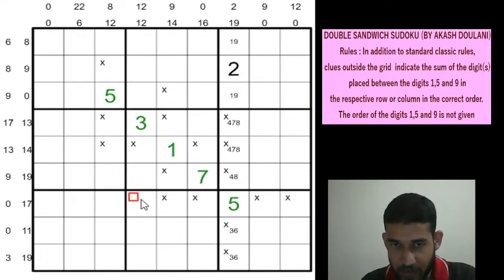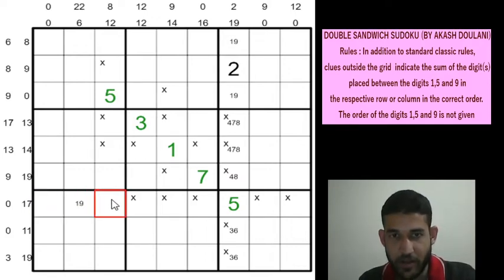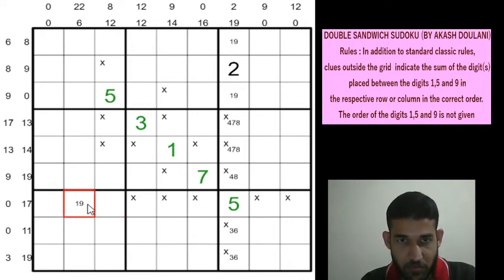Can you have a 1 or a 9 here? Not possible because 17 will require an 8 and a 9, but 9 is going to be outside your total, so 17 will require at least 3 cells. So in these 3 cells we have a 1 and a 9, and a 1 and 9 has to be in row 7 column 2. The other 1 and 9 has to come here or here, and because of this 1 and 9, using this clue we can mark X's in these cells, which means that 1, 5, 9 are not going to be in those cells. Now we can have a 159 here or a 159 here as well.